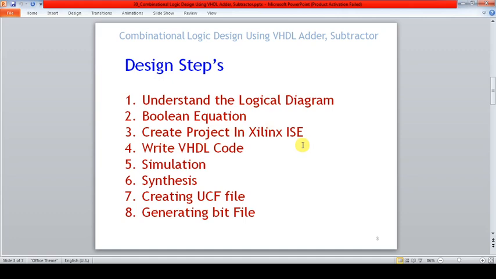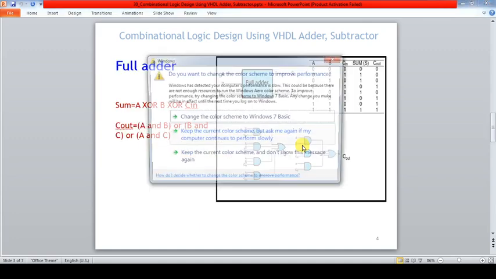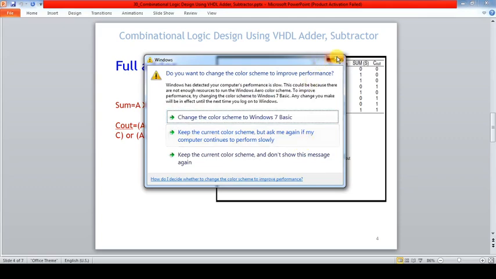Once we are ready with this basic information or logical blocks of our design, then we'll create an HDL project in the ISE, then write the VHDL code as per the logical diagram. Then we are going to simulate it, synthesize it, create a UCF file, and finally generate a bit file. So these are the steps we are going to cover in this session. So let us start